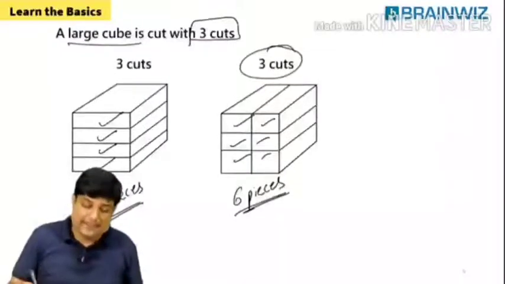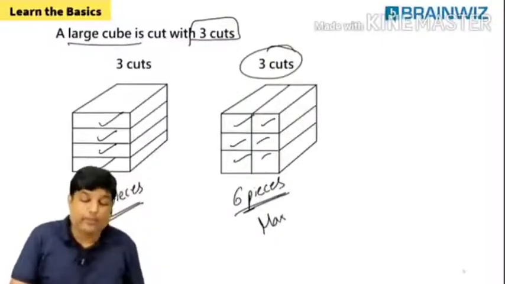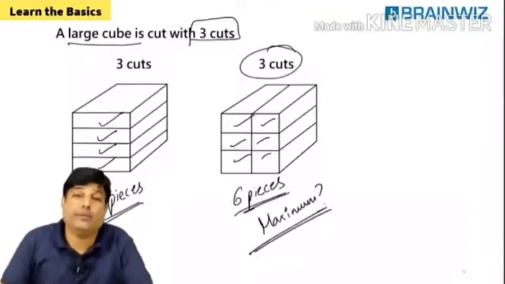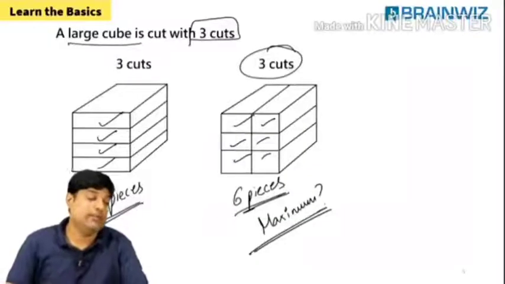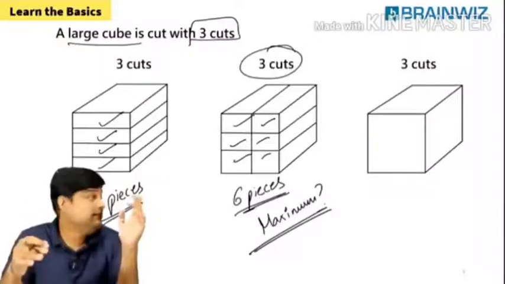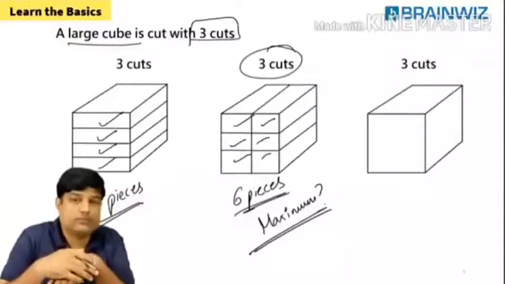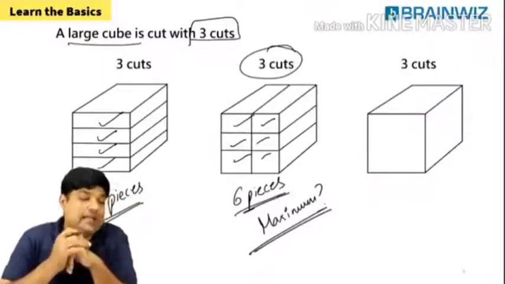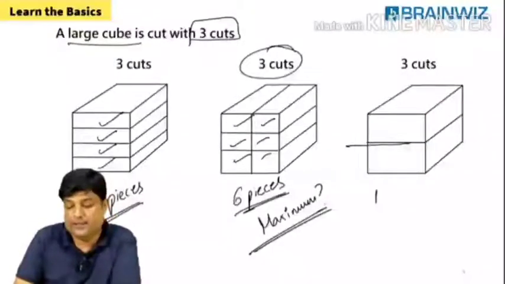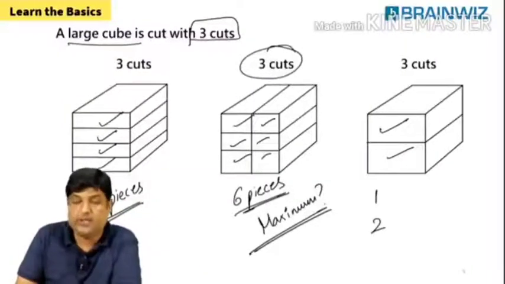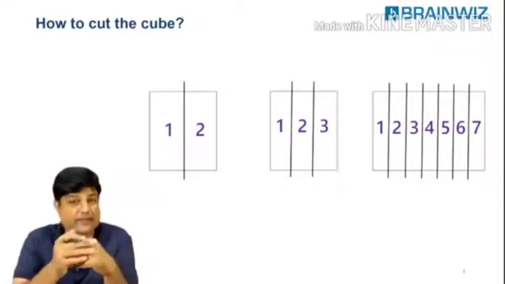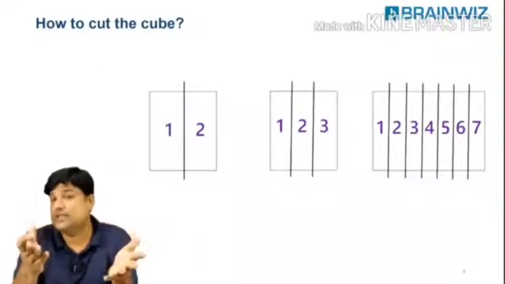Do you think that this 6 is maximum, or we can make more than 6 pieces? Yes, of course we can make more than 6 pieces. Everybody, look at that. Same cube I'm taking once again, same number of cuts I'm making once again. Will you get more than 6? Yes. Let's try to show you how. Look, 1 cut I am cutting like this. Tell me, how many pieces, beta? 2 pieces. I told you basics. What the basics? With every cut, you have got an extra piece. Don't say, sir, I don't know.